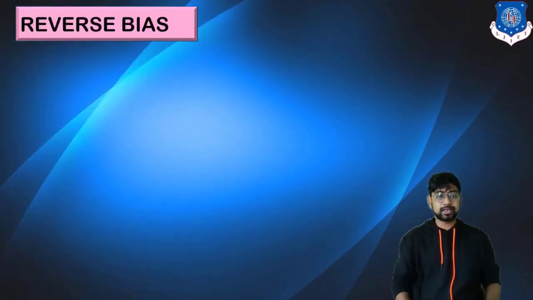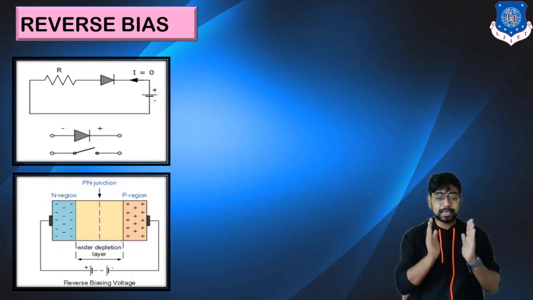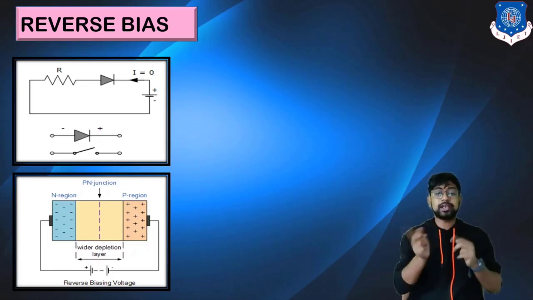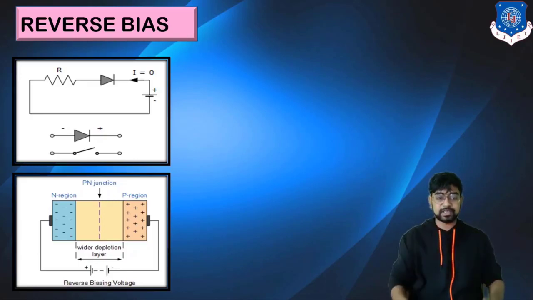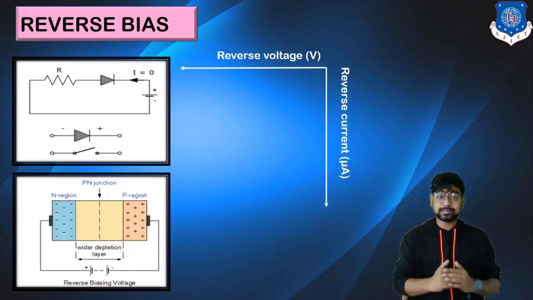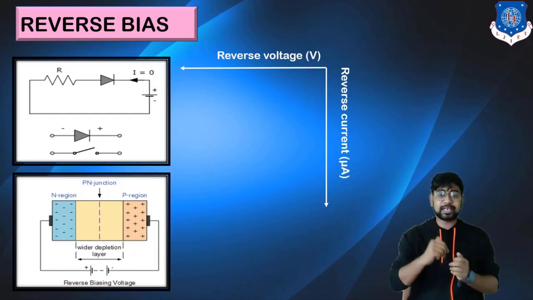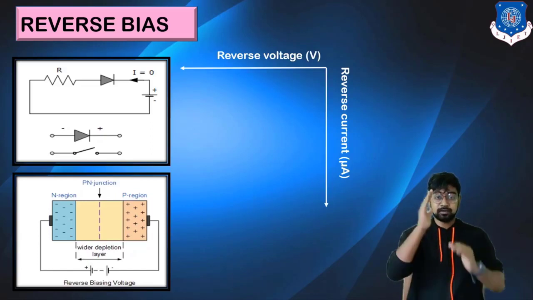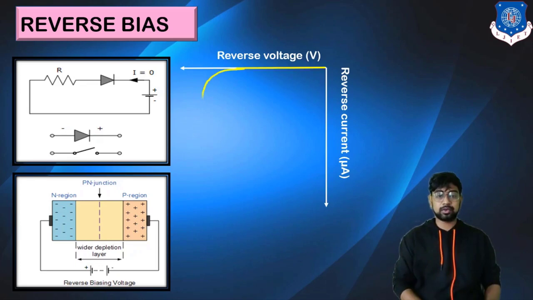Now when we go with the reverse bias, what will be happening? Almost no current is flowing through it. Only leakage current is flowing. So it acts as an open circuit. Why? Because no current is flowing from one end to the other end. And why is it happening? Because the depletion width has increased a lot. In reverse bias, obviously, the reverse terminals of the battery are connected, so you will be getting both the values in the negative. So reverse voltage and reverse current, that is in microampere.